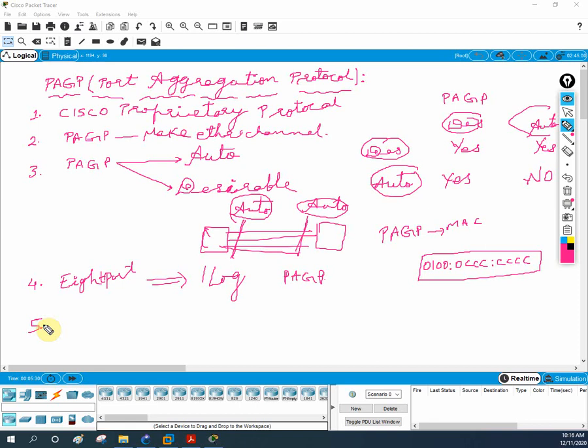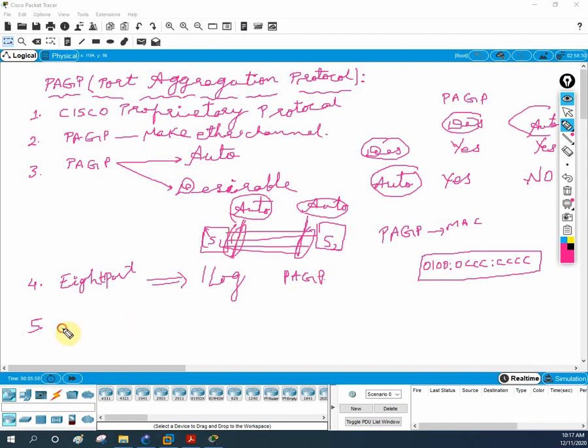If you remember, we told before, when you are connecting switch 1 and switch 2, all the interfaces should have the same property on both sides. If you don't have the same property, then it will not form the EtherChannel. In the troubleshooting lab, we are going to check that also. So now you need to remember, all the ports in the PAGP EtherChannel must have the same speed and the same duplex setting.